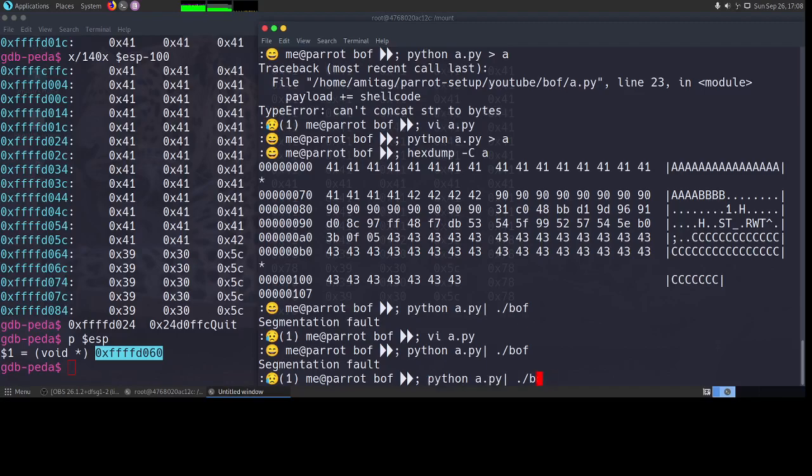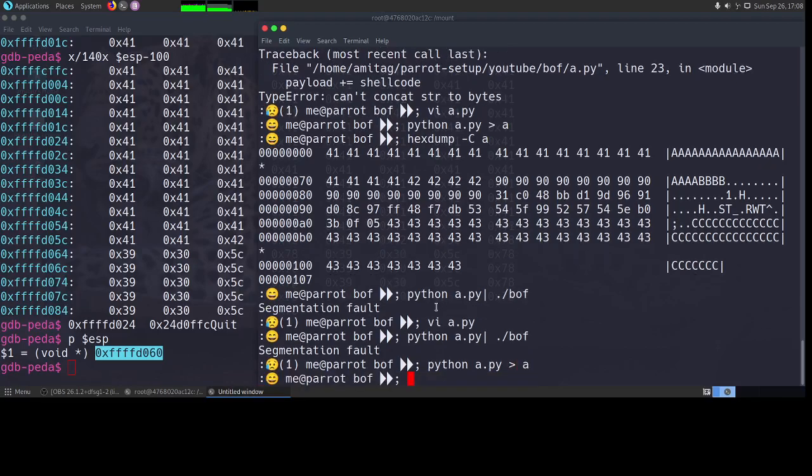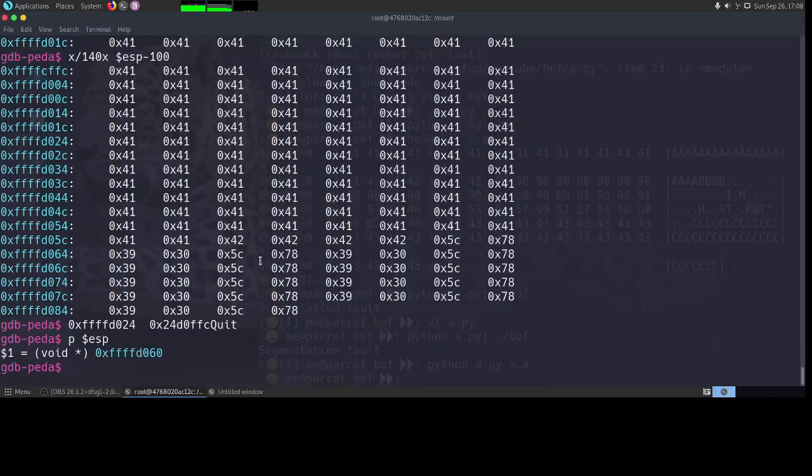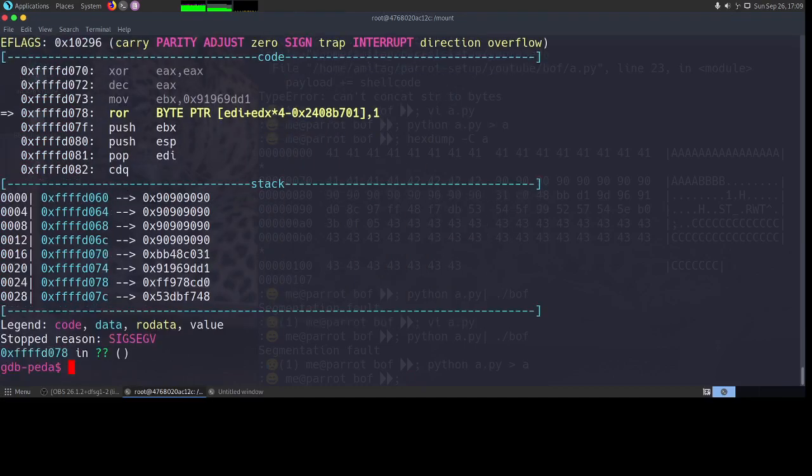Let's try to figure out why. Okay, so again we will generate this output, write it into A, go back to our GDB, run, provide this A as my input and execute.